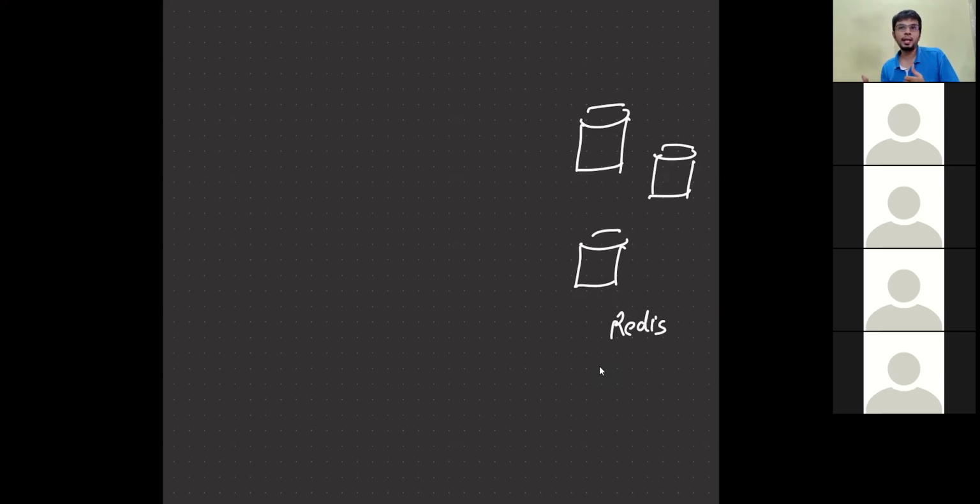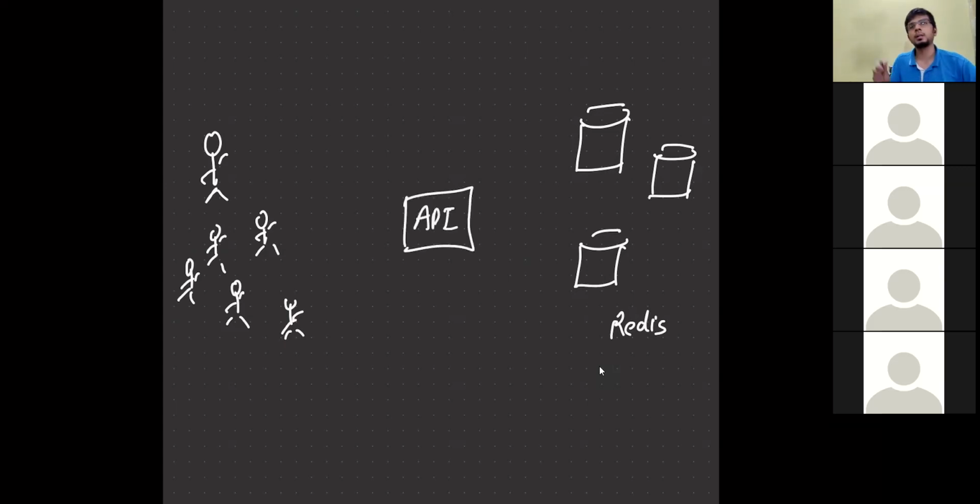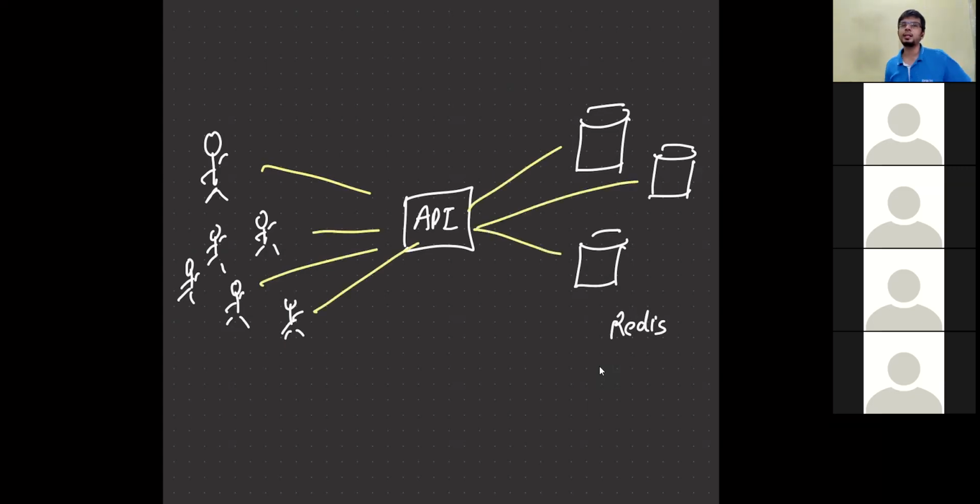The kind of gets you can make out of the system is, you can say this is the point, this is the distance, let's say 8 space unit, which is kilometer, and then it gives you all the points that are within 8 kilometers of the given point in the query. So if you have hundreds of users, let's say we are building Tinder, all of them would be sending out their geolocation periodically, let's say every 5 seconds, to your API server. And this API server is just storing this in Redis.